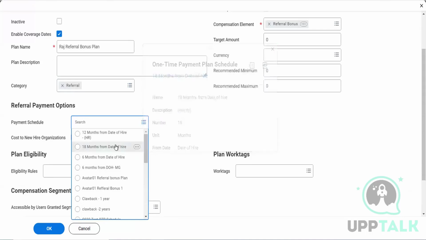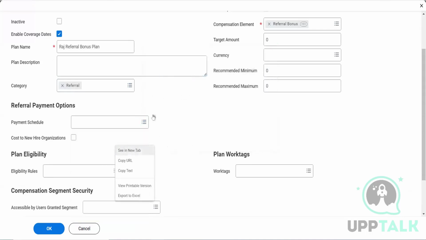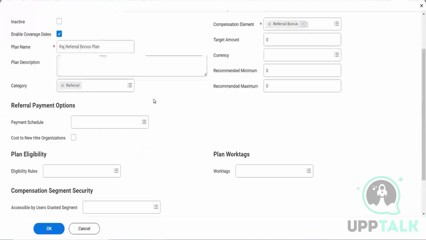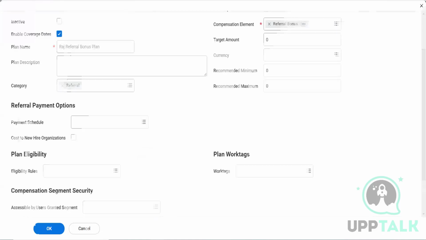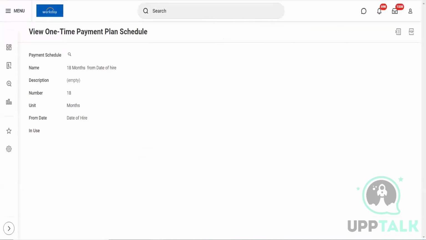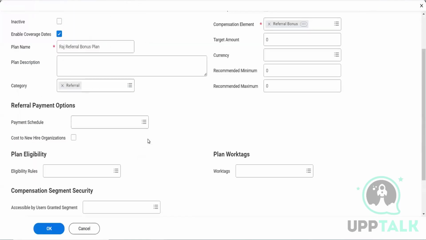So this is based on the company's actual plan. We can choose the payment schedule, whatever the plan has, the payment schedule that we are going to choose. And eligibility rules as default, like how we select whoever the people are eligible for them, we create